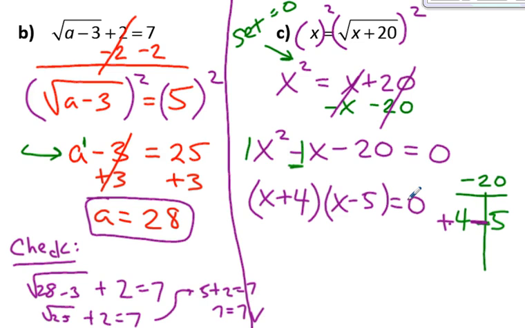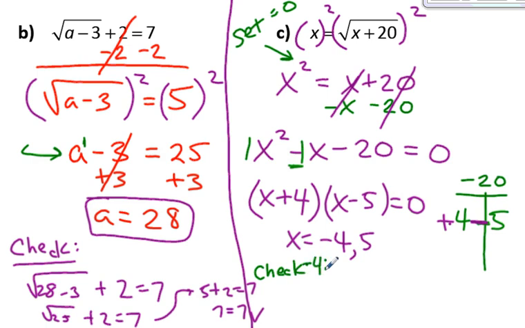Okay? And remember, when that equals 0, x plus 4 equals 0 means that x would equal negative 4, and x minus 5 equals 0 would mean that x equals positive 5. So what this means is I actually have 2 solutions. I have 2 values of x which would make this equation true. But remember, it might be an extraneous solution. So we're going to check both negative 4 and 5. Okay? So let's check